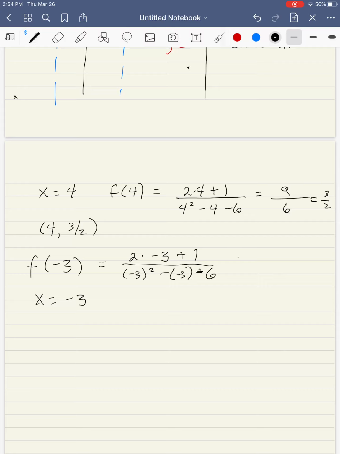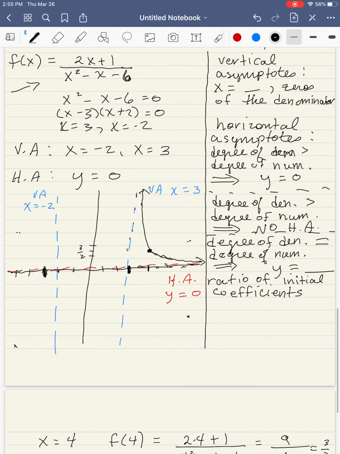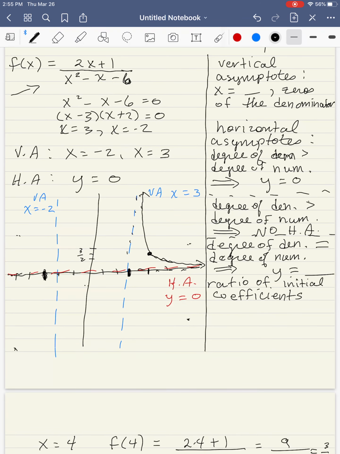Oops, -6. So I have -6 plus 1 is -5 over 9 plus 3 minus 6, and 12 minus 6 is 6. So for this ordered pair, I have -3, -5/6. So when I go back to plot that on my graph over here, this is -3, -5/6 is going to be just shy of -1. So I have my ordered pair right there. And then that tells me that my curve